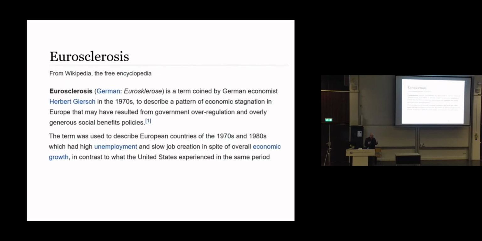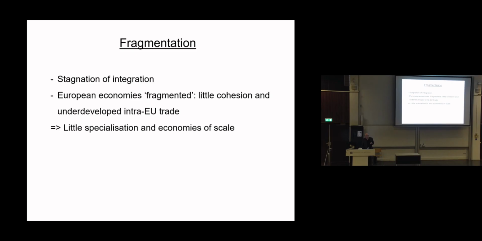And a name was coined for that, Eurosclerosis, which sounds like a sort of a disease, and it was meant to sound like a disease, a term coined by a German economist in the 1970s to describe a pattern of economic stagnation in Europe that had resulted from government over-regulation and overly generous welfare systems. All right, so that is what we had, a stagnation in the economy, but also a stagnation in the integration process in Europe. Economies were fragmented,